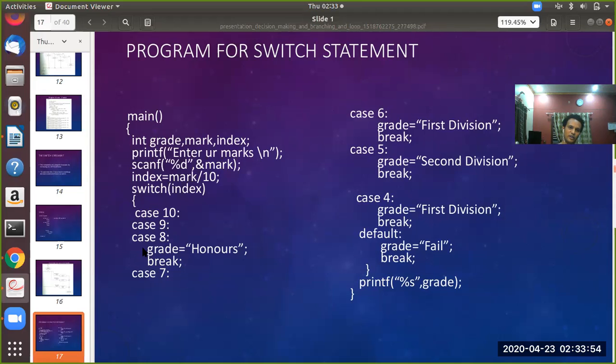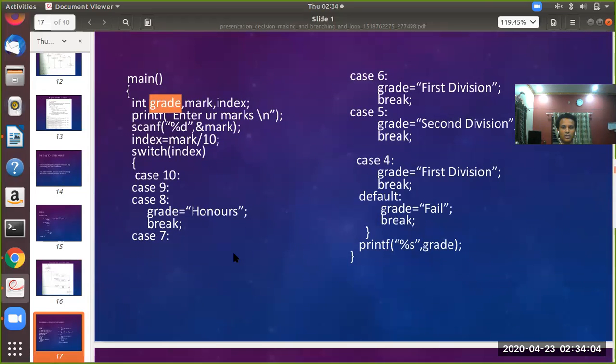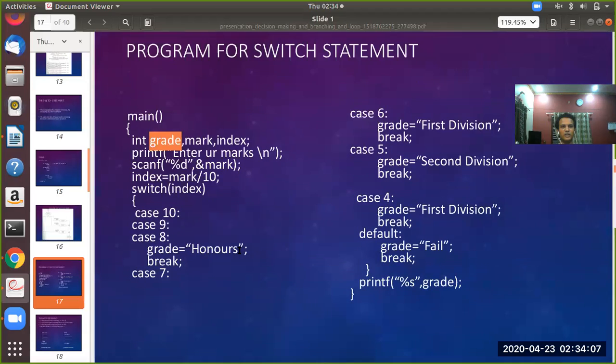In that case, the variable grade will be assigned honors. Depending on the marks, the corresponding case will be executed.